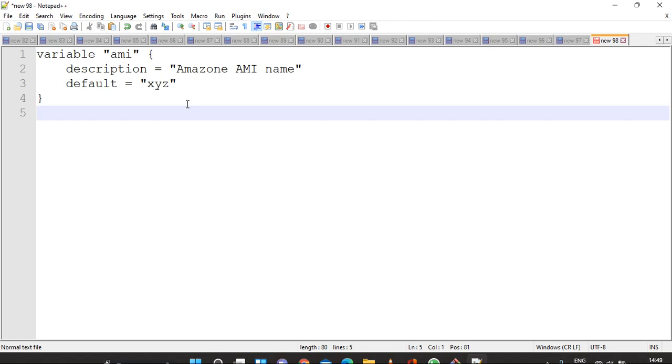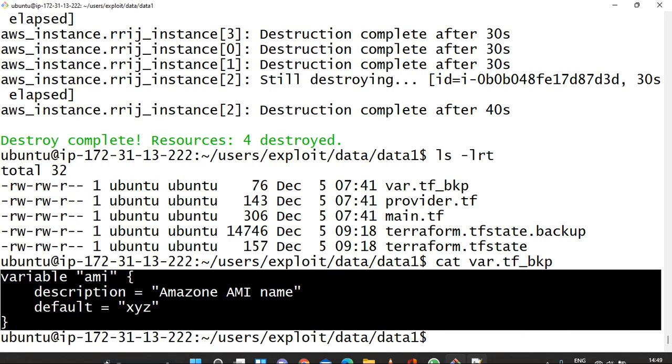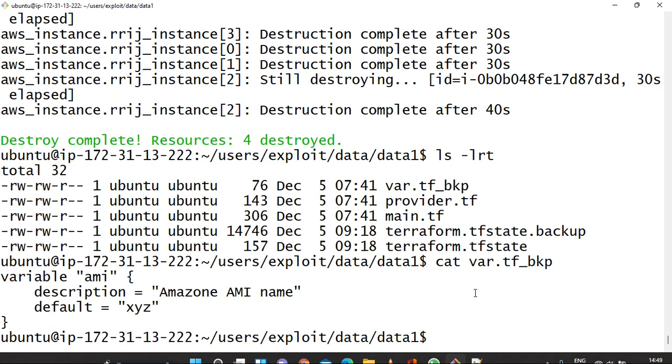So guys, what you need to do is, instead of putting the value directly, we will create a variable file where you put the variable name and the value. In the main file the variable reference will be there, and in the variable file the variable definition will be there.